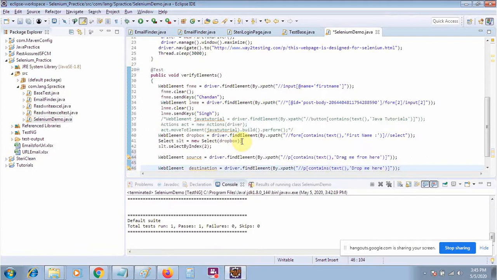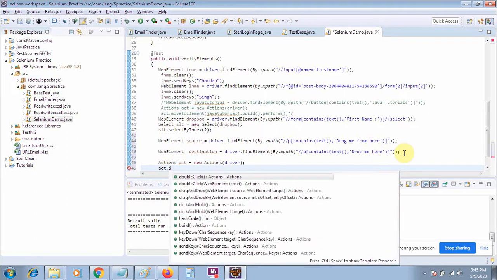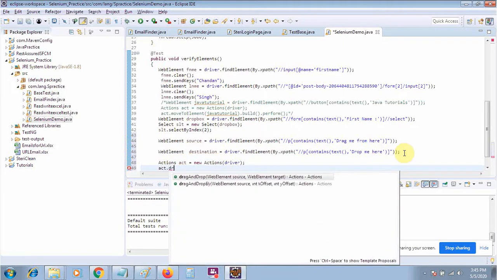And we have also created the object of my action class, so let me copy this one. So we will create an action class object, and there is a direct method like a drag and drop operation. Okay, so if I go to here and just type D R, you will see there is a dragAndDrop. So there are two methods.